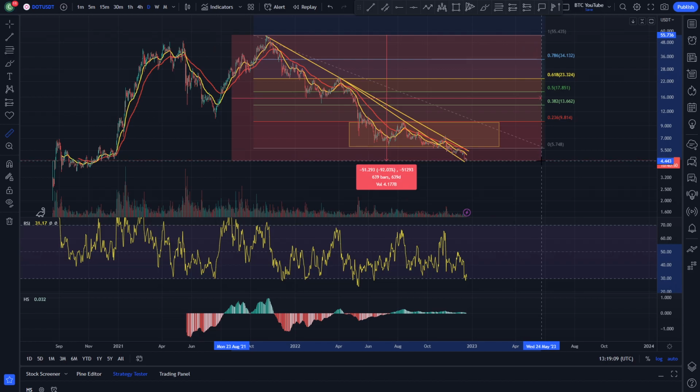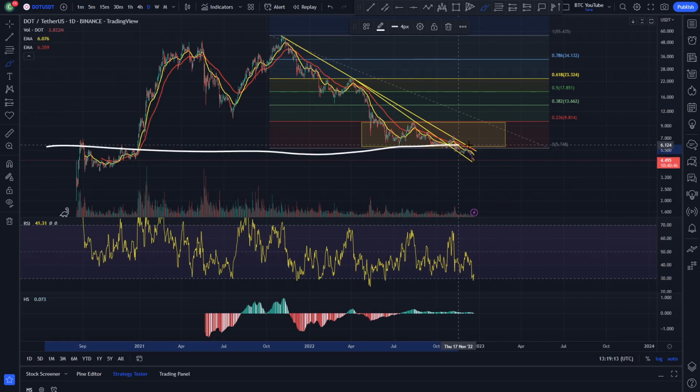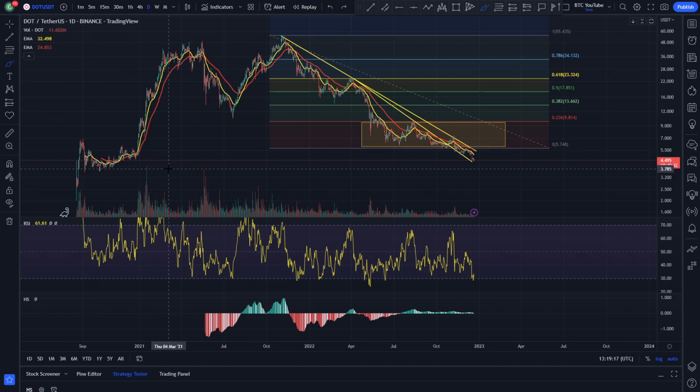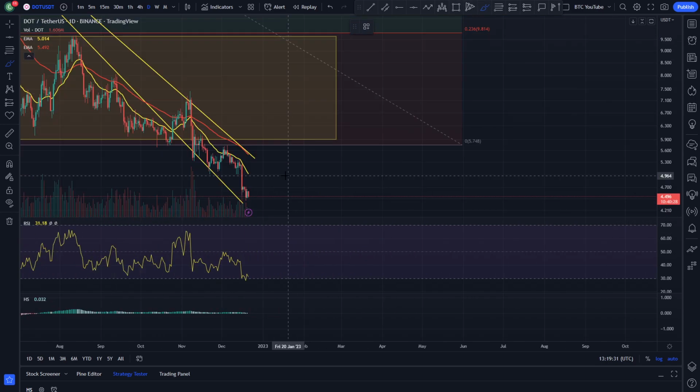You can see now we are down around 92% for Polkadot from those highs, and we are probably going to be chopping it up in and around this previous area of structure here. We would say realistically now with Polkadot losing that low of around here, we're probably looking to be targeting down at around that 360-ish level on that previous swing low. We would say around about here would probably be our next target realistically for Polkadot, considering that it is continuing